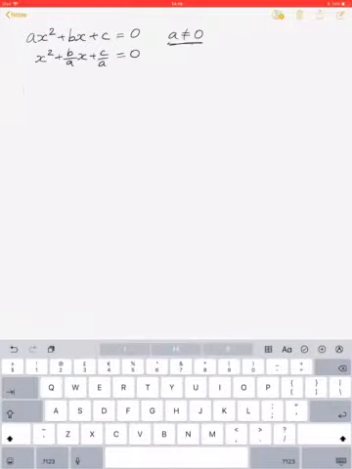So if that quadratic expression there is equal to 0, and I subtract c over a from both sides, I get x squared plus b over a x equals negative c over a. I've just subtracted c over a from both sides now. And that expression on the left-hand side, we can complete the square on that. So if we complete the square on this expression here, we halve the coefficient of x and we get x plus b over 2a